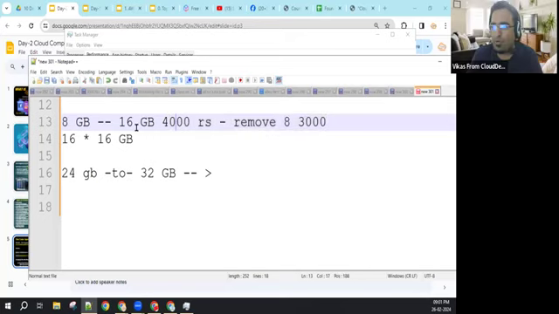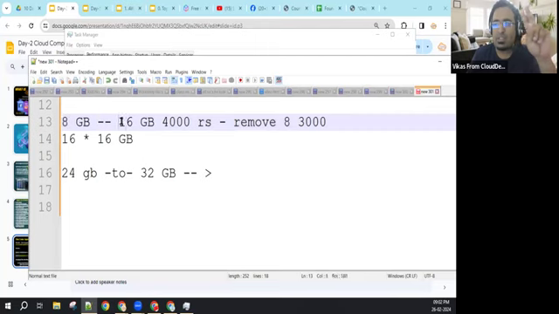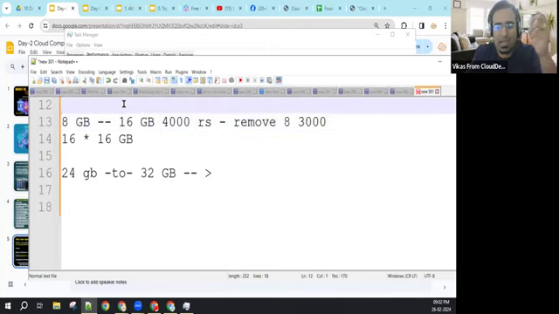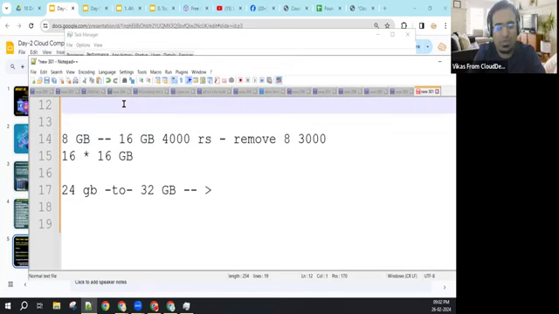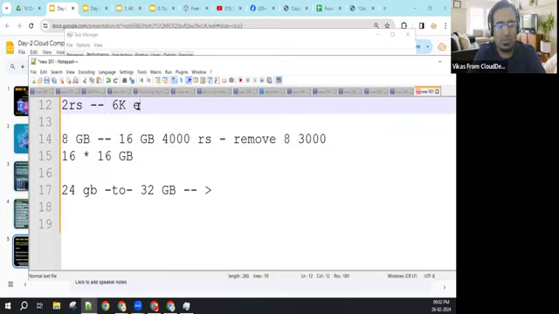So what are the two problems here? First, I will throw away this 8 GB RAM because it's out of my machine, so there is no use of it. One loss. Second loss, again I have to purchase one more just to achieve the 8. My requirement was 8 GB, but I have to purchase a 16 GB. The ideal budget to purchase an 8 GB should be 2,000 rupees. Now I'm wasting 6,000 rupees extra. Correct? Yes or no? Yes. Right. These are the problems.